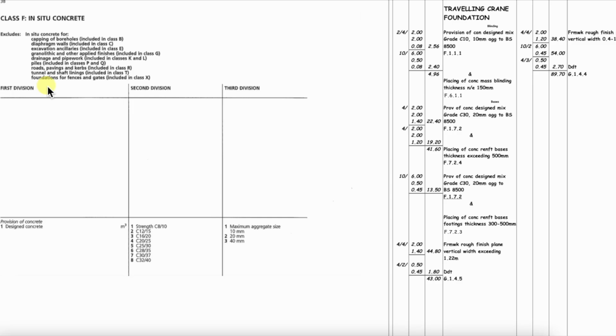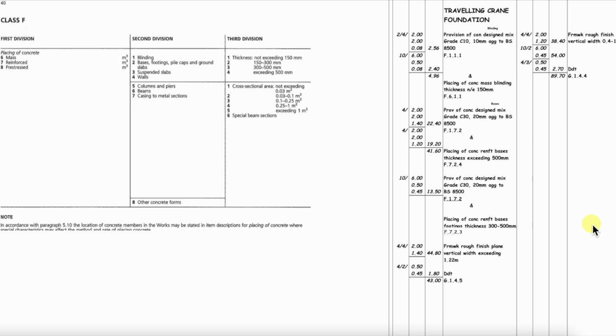Okay, what we will do now is we'll shift the pages, the method of measurement pages, to look at the placing of concrete. The reason for adding in reference to BS8500 is the additional description rule A1, which requires the specification of concrete in accordance with BS 8500 to be stated in the item description for provision. We now come to the placing of concrete, which is Class F on page 40. The volumes are the same as for provision of concrete, but let's check out to see if our descriptions are